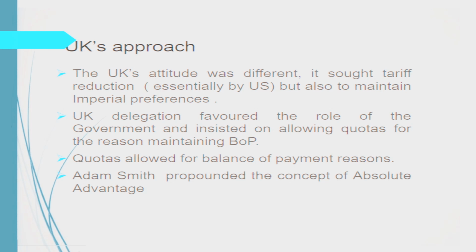Because UK was holding many of the colonies at that time, and it had signed its Commonwealth Agreement. UK wanted to retain that Commonwealth Agreement system. That is the special arrangement it had made, legally, with its former colonies, giving preference to the goods from those countries, and those countries also reciprocally giving the preference to the goods from UK. So that kind of approach it wanted to be maintained.